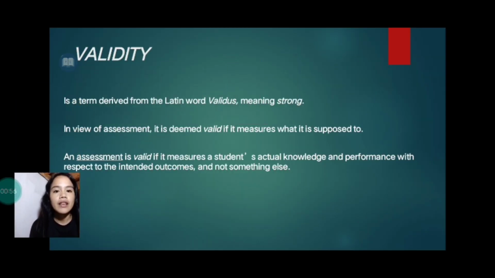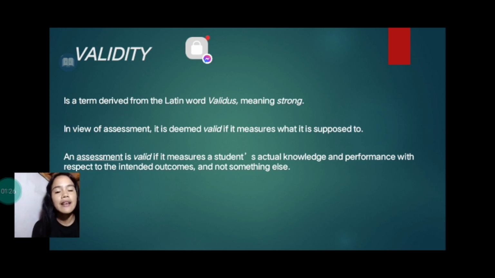Validity. Validity is a term derived from the Latin word validus, meaning strong. In the view of assessment, it is deemed valid if it measures what it is supposed to. An assessment is valid if it measures a student's actual knowledge and performance with respect to the intended outcomes and